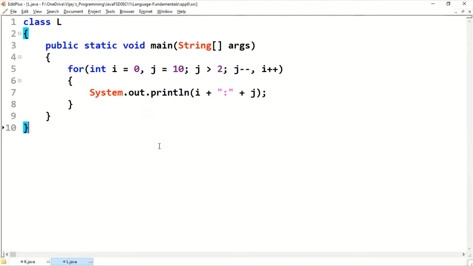Yesterday, we started with the for loop. We have seen this type of program in the last class.